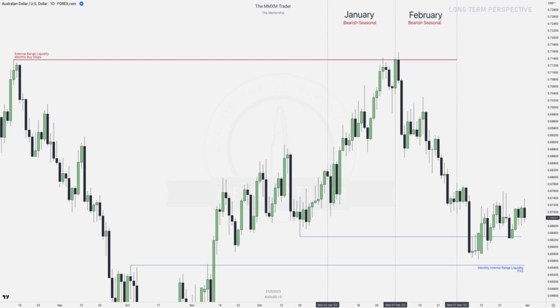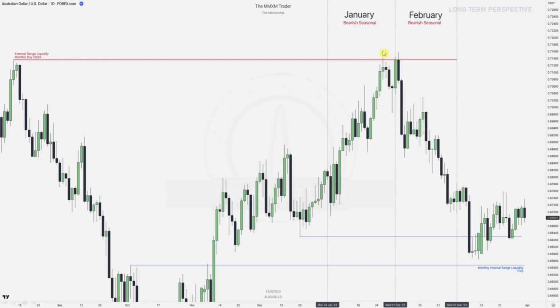So pulling up the seasonals, we have a bullish seasonal for January and February on the DXY, which means all foreign currencies should go lower. So we should have a bearish seasonal in January and February for the Australian dollar because the US dollar has a bullish tendency. Now, after raiding that external range liquidity on the monthly, taking out those buy stops,